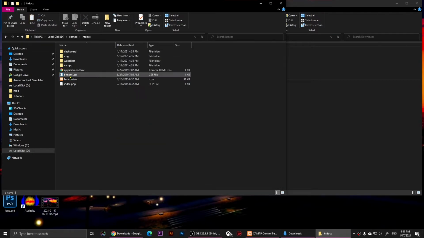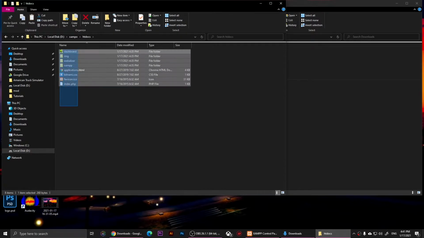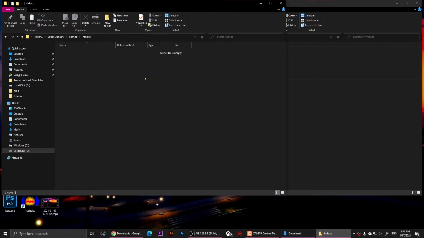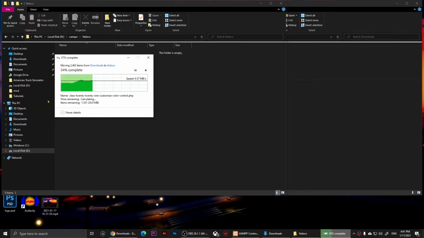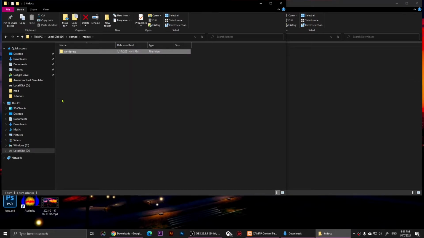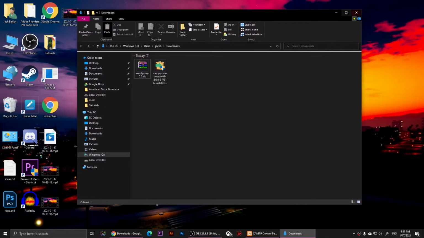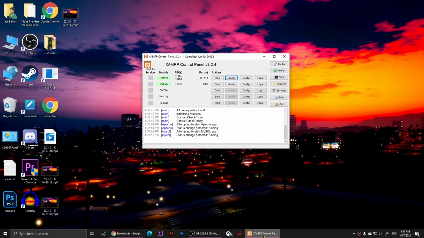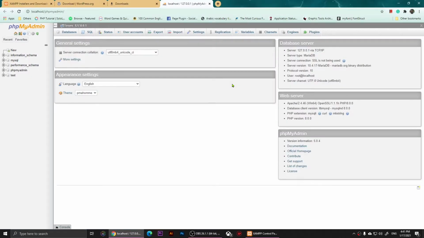So just double click on it, and then I want you to delete all of these folders, and I want you to right click here and paste it here. So just wait for it to be copied here, and once it's done, what you'll need to do now is that you'll need to close this, and I'm going to close this download folder also, and then I'm going to open Xampp control panel. Then from here I'm going to click on admin by MySQL,